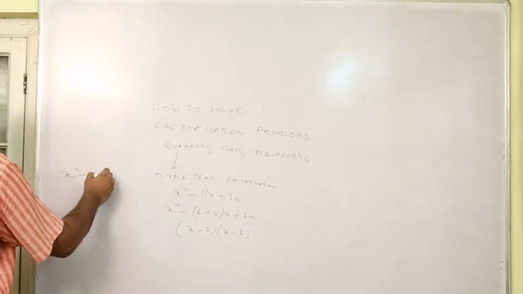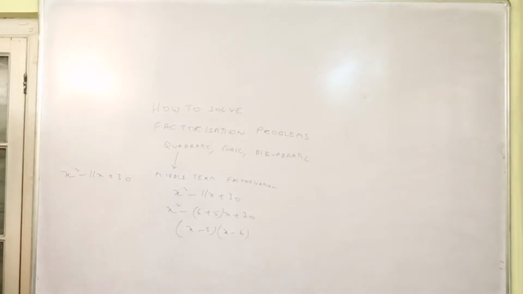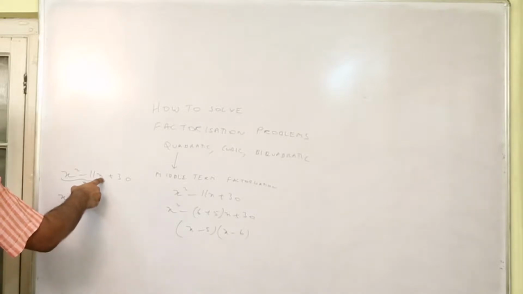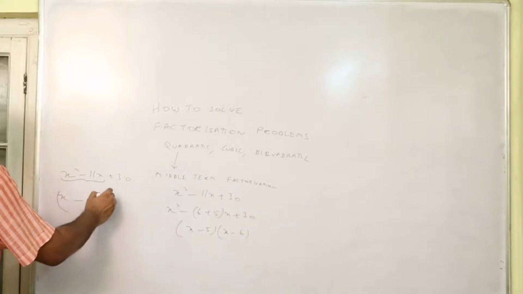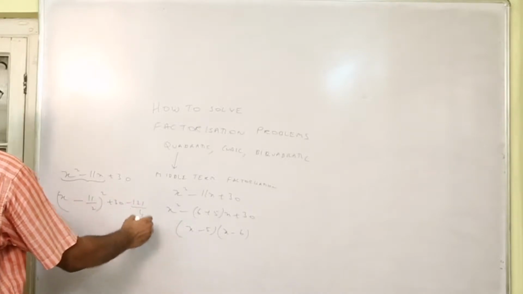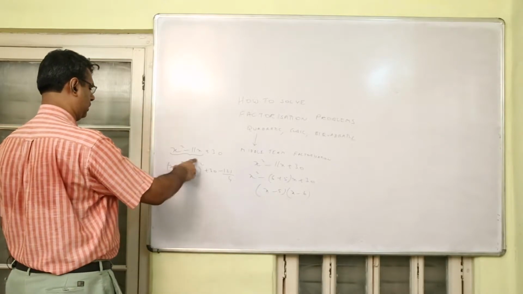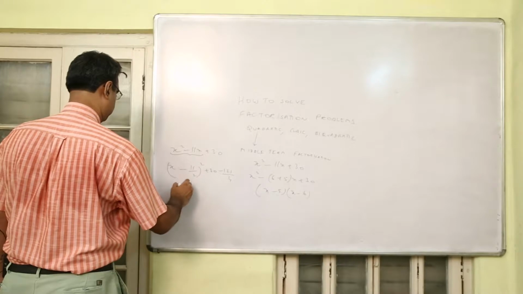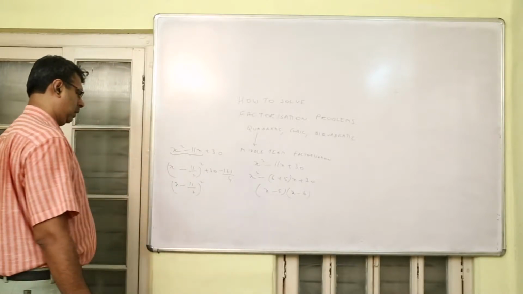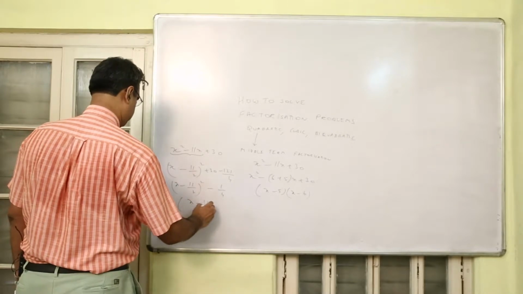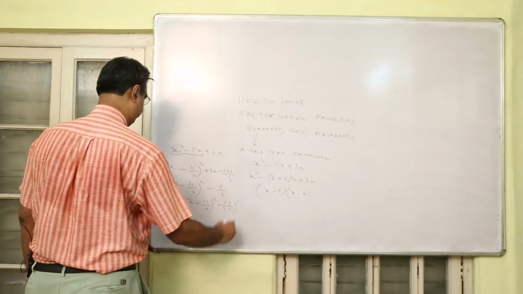In case the middle term method does not click your mind, there is one other alternative, that is known as completing the square. So basically for x square you write x, for minus you write minus, and whatever is the coefficient of x, you write half of that. So the coefficient of x is 11, you write half of that. And you will realize that if you expand this, the first two terms will be x square minus 11x, and you will get an extra 121 by 4 which needs to be subtracted. So this will become x minus 11 by 2 whole square minus 1 by 4, which in turn becomes x minus 11 by 2 whole square minus half square,